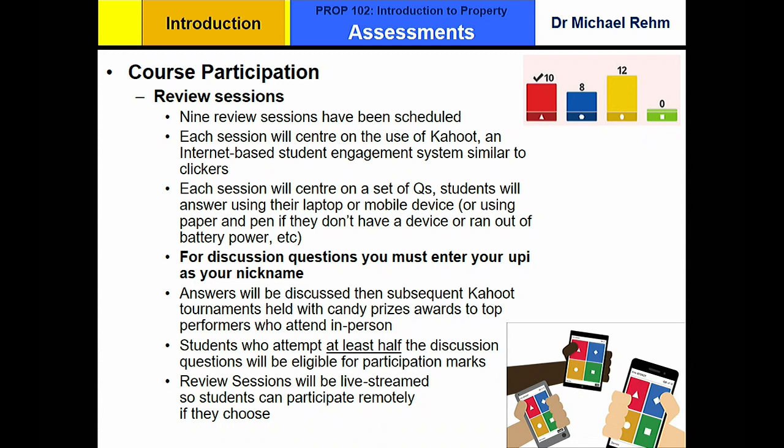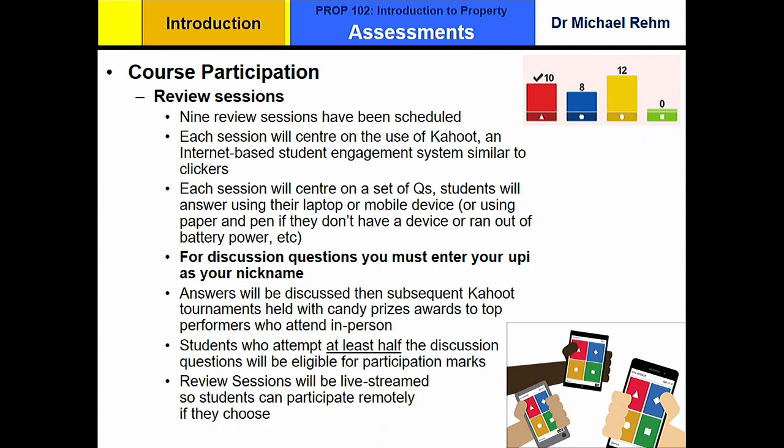And then when we're done with the discussion questions, and that's going to be important, you should attempt at least half of those, because that's kind of the review session. And then we park that and say, okay, now we're going to have our little tournaments. We're going to run some additional Kahoots. That's when you could go with your super creative names, try not to be incredibly vulgar, but whatever. We're all adults here. We can handle it. And then we'll run tournaments, and that's when we throw out the chocolates and we have a bit of fun.